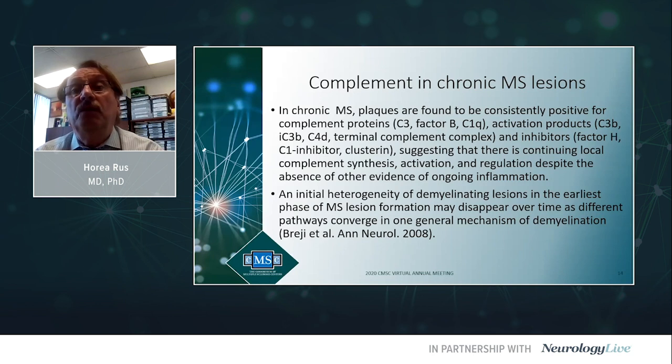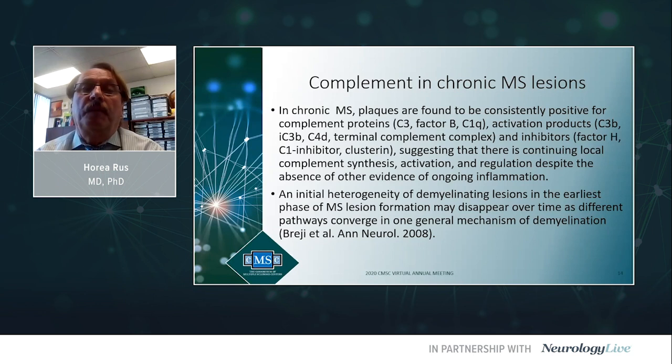Considering chronic lesions, chronic plaque seems to be consistently positive for complement proteins like complement C3, factor B, C1q, for activation products like C3b, C4b, terminal complement complex, and also for inhibitor like C1 inhibitor and clusterin. These data suggest that complement synthesis and activation is done locally,